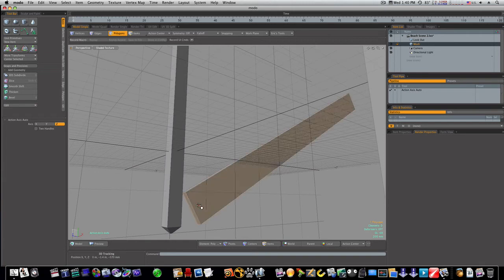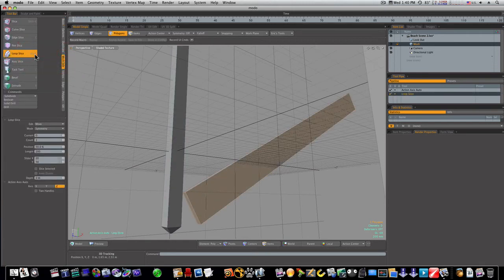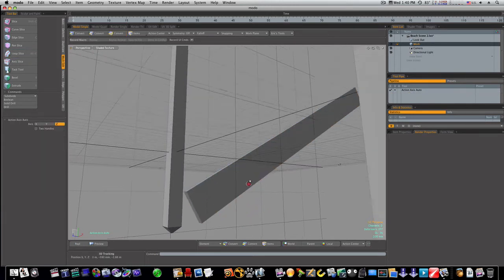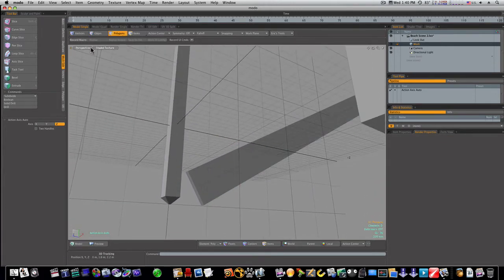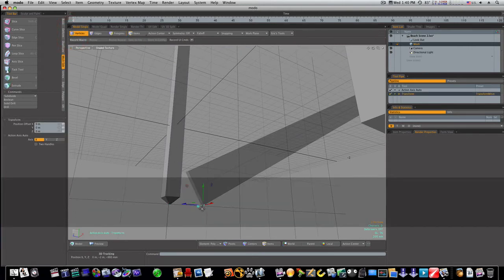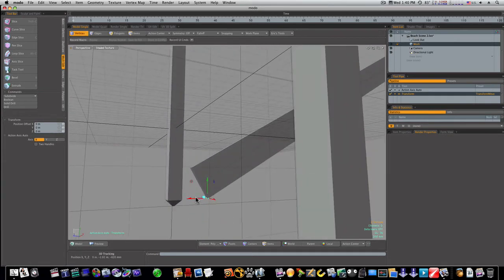I'm going to select these two polygons here, mesh edit. I'm going to select my loop slice, have it set to 50% with my count of 1, and click, and that's going to set a loop right down the middle. So now I can go in here and fool with my vertices by going to vertices mode, and I'm going to select these two verts down here, hit the W key, and I'm going to move them back